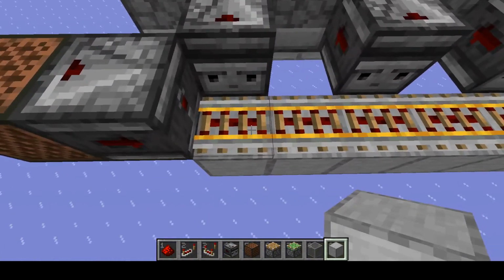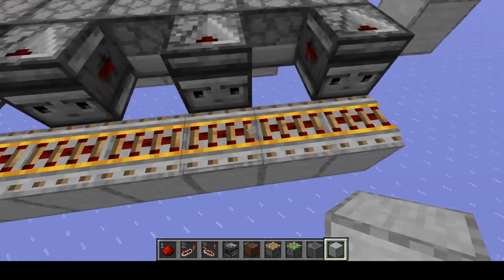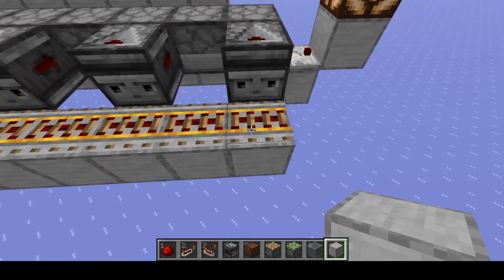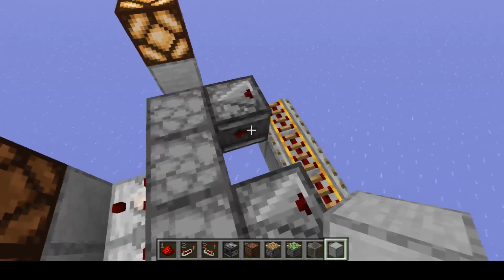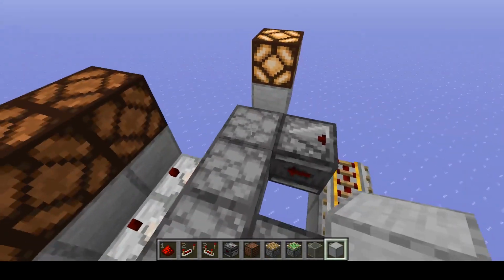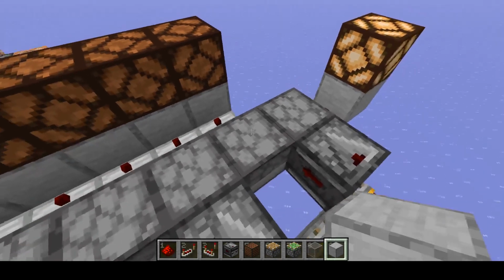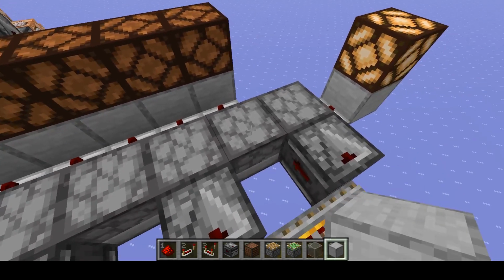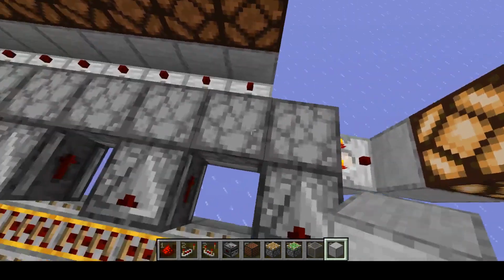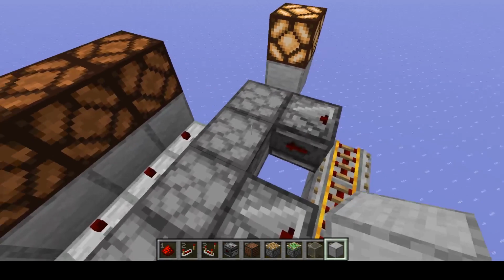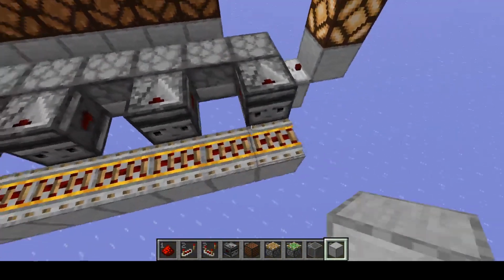So the rails update the other rails and the updates go all the way down to the end here. Once this is finished with block updates, it starts doing shape updates and it updates this observer, which powers this dropper, which has some levers in it. This dropper puts one lever into this dropper, and because the dropper is a solid block, it also powers this dropper, updates it, and so this dropper drops an item into this dropper. So